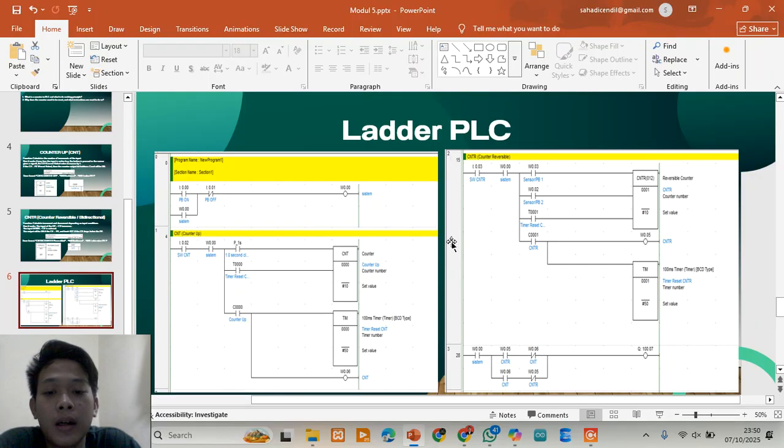Input up: CV increases, and input down: CV decreases. When the CV reaches the preset value, output C001 turns on, and it turns off when the CV drops below the SV.